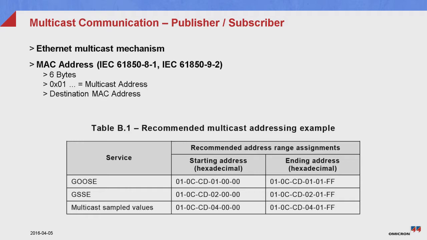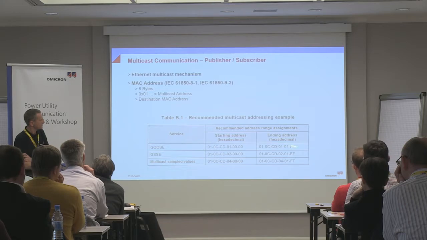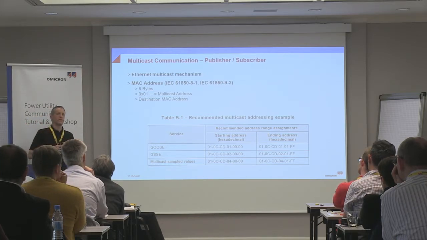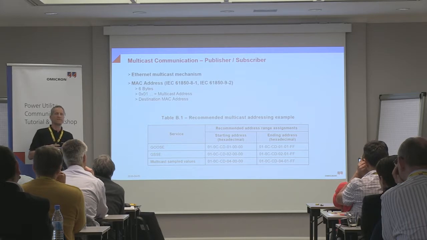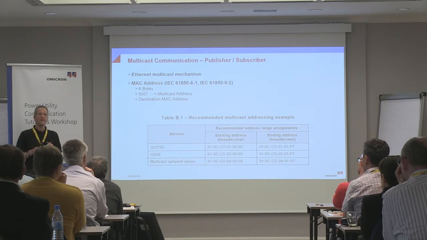Now we go to these real-time communication services. You have heard that it's multicast. Here you see a snippet from the 61850 standard with the proposed, recommended multicast addressing ranges. You see we have exactly 512 addresses always specified or recommended, and it is possible to group GOOSEs and sampled value streams, so not every GOOSE needs to have a distinct multicast MAC address.